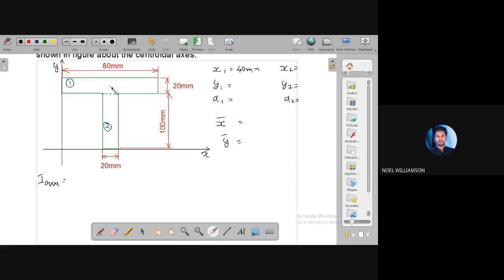Yes, sir. y1 is 10. What is 10? It is the length from here to here. y1 means the length from this centroid to the axis, that is 110, 100 plus 10, that is 110 mm. And the area is length into breadth, that is 80 into 20, that is 1600 mm squared. Okay. Next,